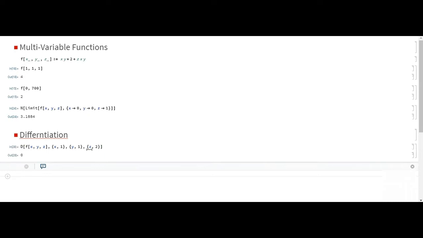So this is how you can differentiate. Oops, I made a mistake here. So sorry for the typo, I didn't notice, really apologize for that. So this is how you can differentiate